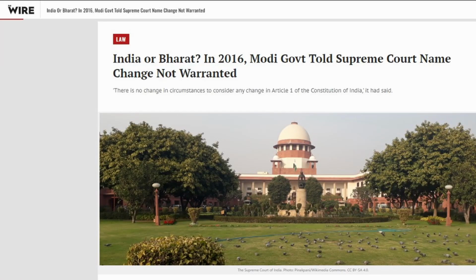I'm really hoping that the government of India would not remove India as the official name of this country. And I don't think that they can. Correct me if I'm wrong. Because there has already been a public interest litigation in Supreme Court, which it did not take into consideration. So I don't think that is going to happen in the first place.